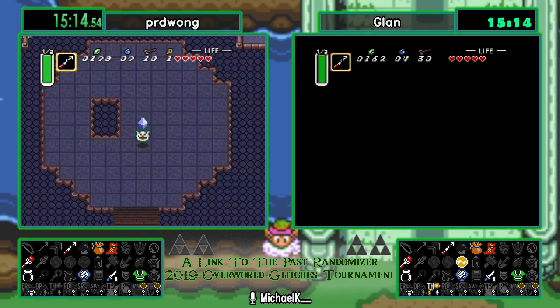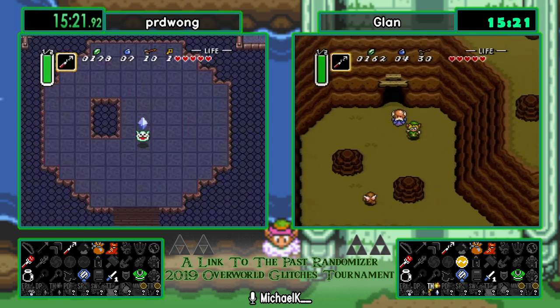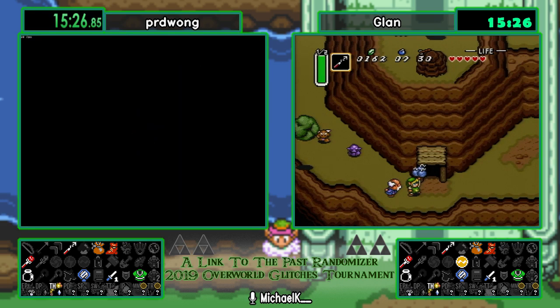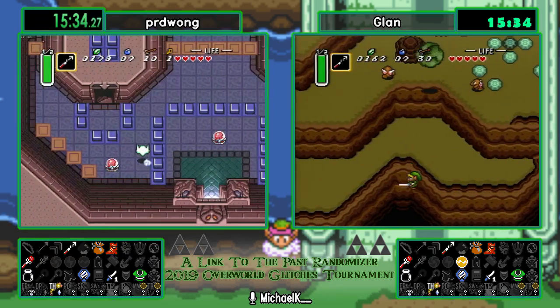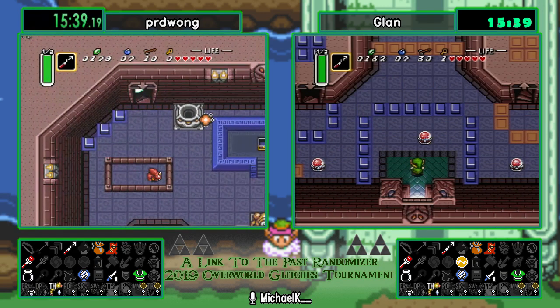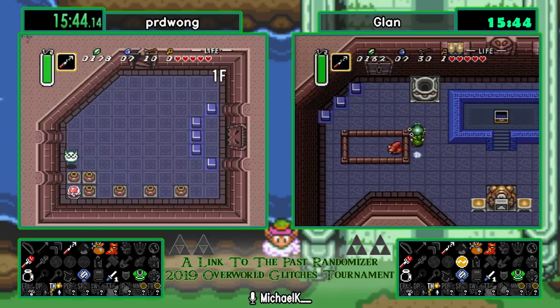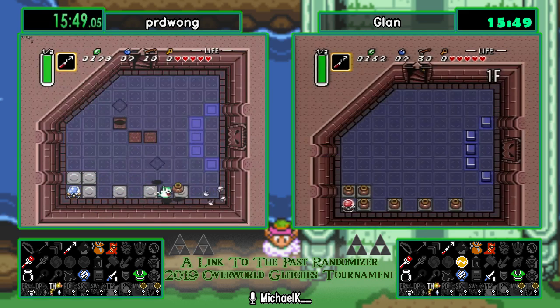So Glan did skip out on the basement. That's gonna be interesting if prdwong does decide to skip out on the basement as well. Okay, prdwong goes back for the basement, so that's a nice thing. And Glan comes back for Hera, and he goes for the basement. Okay, so both of our players will now for 45 seconds watch a little nice cutscene of them dealing with